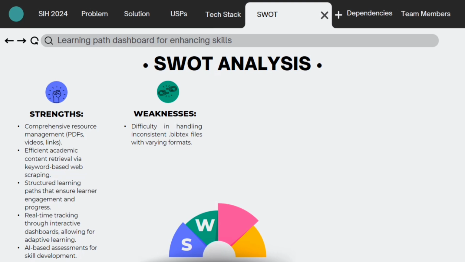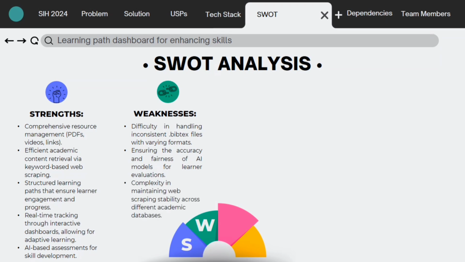For the weaknesses, we have difficulty in handling inconsistent BibTeX files with varying formats. Considering BibTeX files with varying parameters, handling them can bring in a little challenge. Ensuring the accuracy and fairness of AI models for learner evaluations. Complexity in maintaining web scraping stability across different academic databases. So being able to scrape for the right resources across different academic databases is another weakness that shall be looked